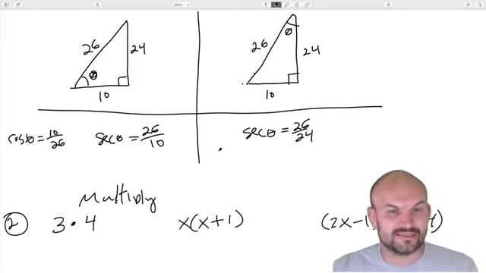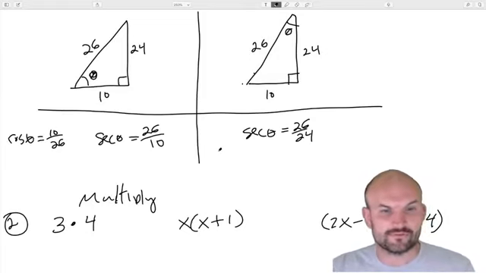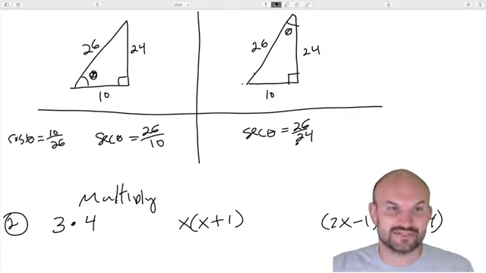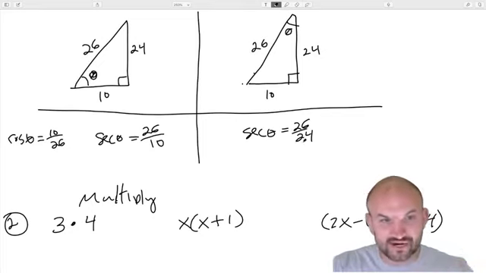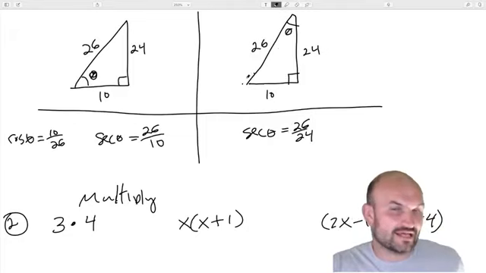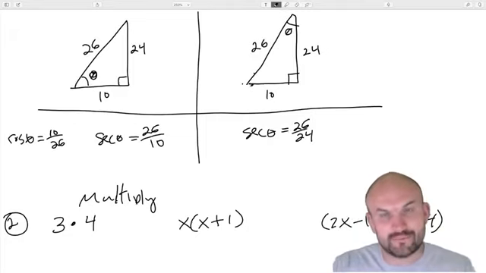And again, I think this is really important for everybody to take away from this: your trigonometric ratios, sine, cosine, tangent, cotangent, cosecant, and secant, they depend on the angle. They are a comparison of sides of a triangle based on the angle, where that angle is in the triangle, because you have to understand the hypotenuse, the adjacent,